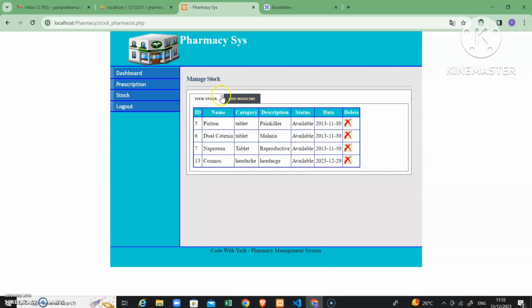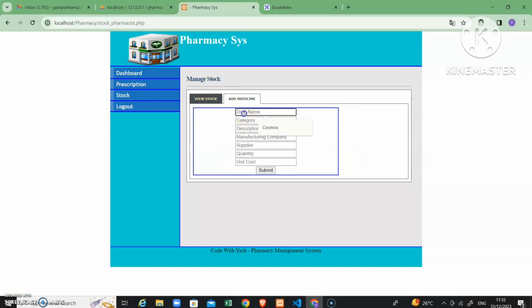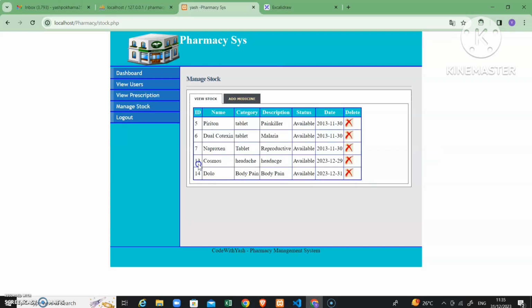He can also add medicine. As you can see, a new medicine is added.